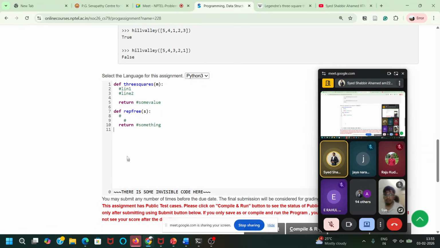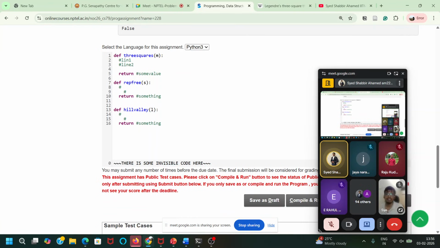Similarly, you have to write some other function. What is that? Hill valley. It will take some input and then tell whether it's true or false. So all these 3 questions have the same output type: either it should return true or it should return false.